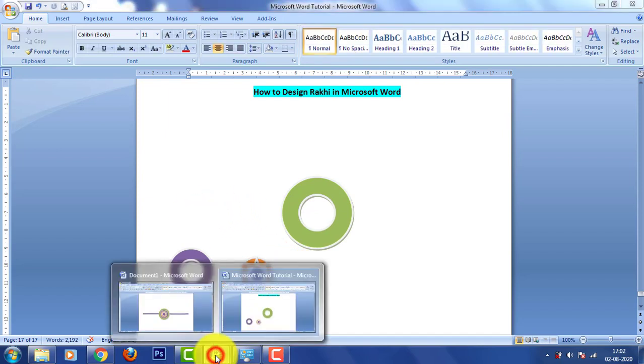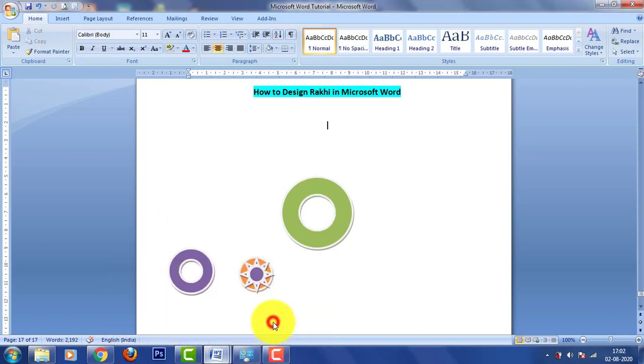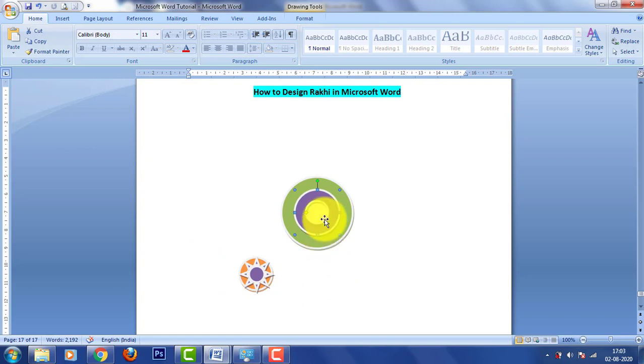Now as per the design: green, purple, orange, and then this sun. So follow this. Purple, place it, then this orange.